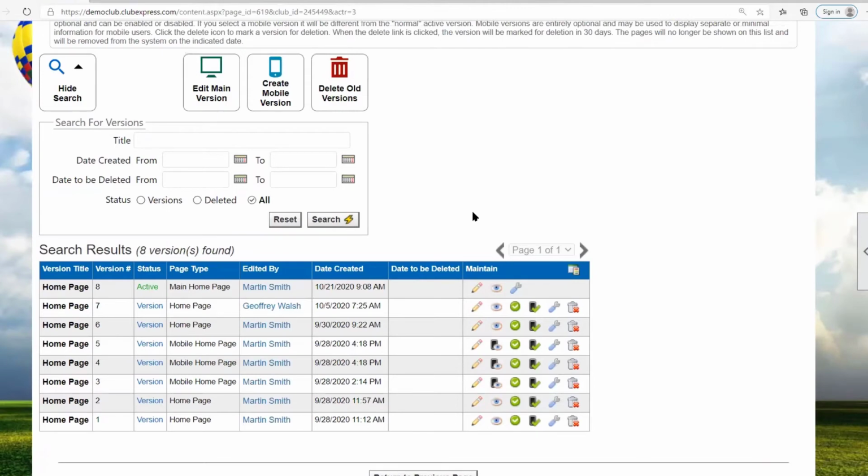You could have things that were available to everyone, some things that were available to the public only. For example, a widget that says join now doesn't make any sense to show to someone who's already joined. So that would be public only, members only, or everyone, or administrators. So here, if I click on edit,